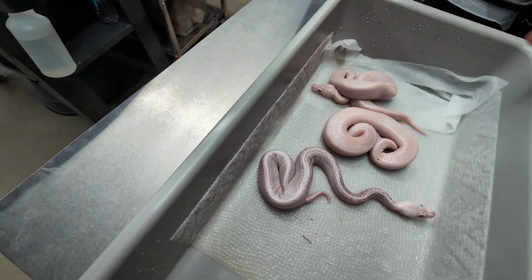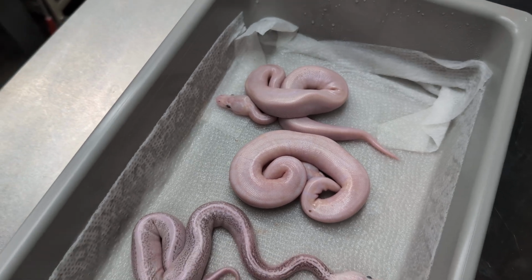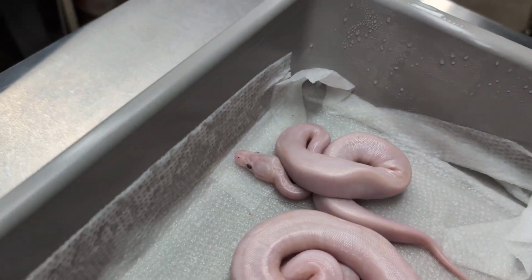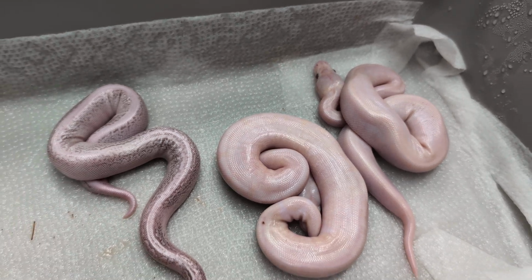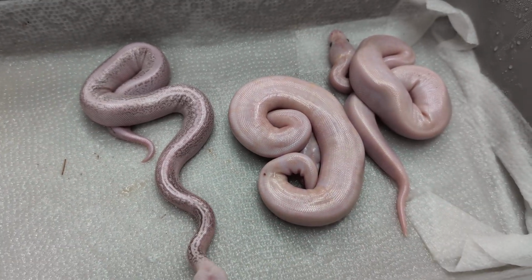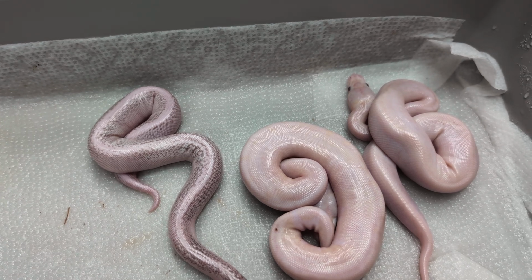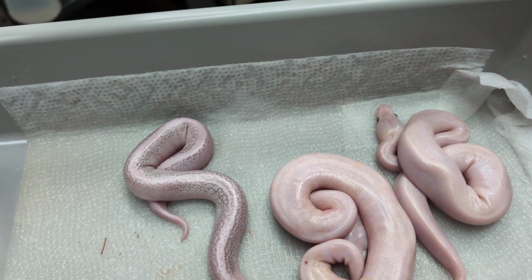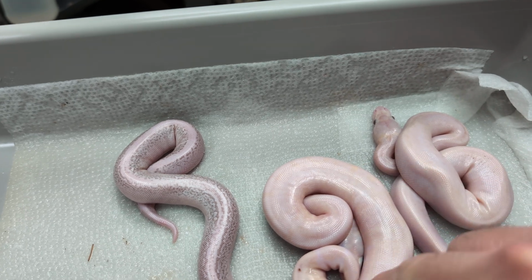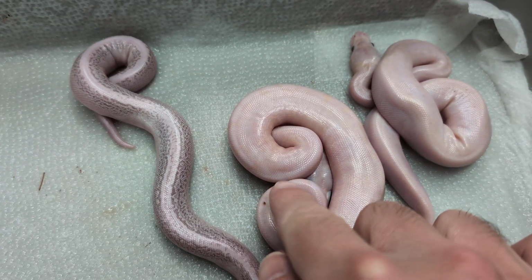Now, as you can see, you can't really see a whole lot in them. And it actually looks worse on camera than it does in person. I don't think the camera is really adjusting the colors and the contrast very well. I can see a little bit of yellow on their scales. Like on this one especially, you can see right on the back of the head there's some yellow. I can see some faint pattern here and there on them. And there's almost like kind of like a circular...